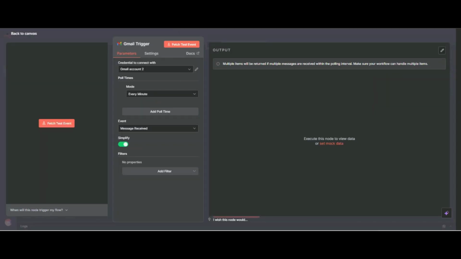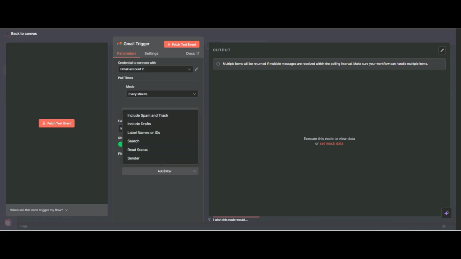You can connect by following these steps. Now you can see there is the option to simplify, and you can select the poll time, how often this will trigger. You can select every minute, every month or 10 days, it's up to you, and even message received, because we will trigger when someone sends us an email.